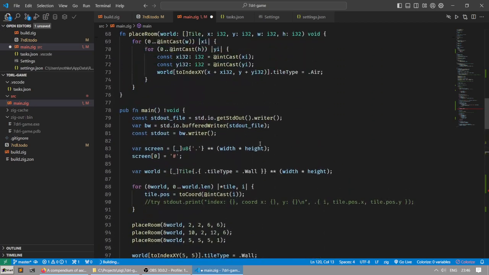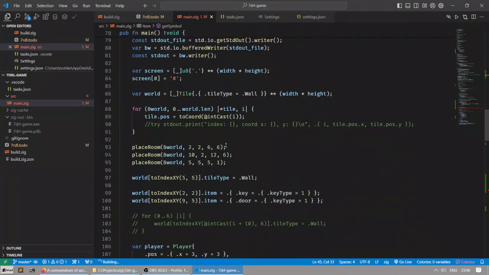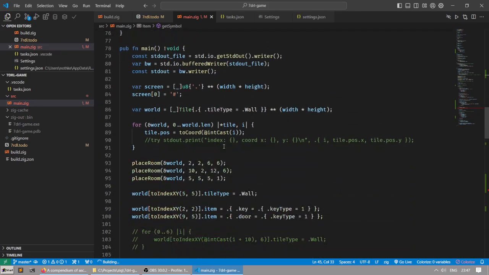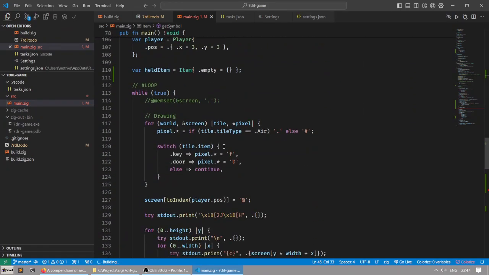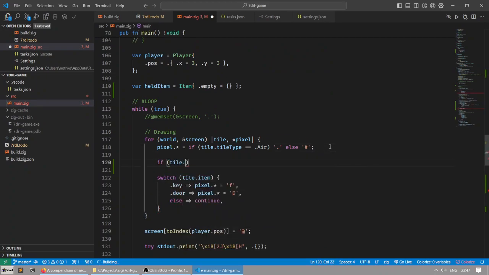Oh, and I think here, well, we can't return an else, but we can return an unreachable. So in this case, we need to make sure that item exists. If tile item is not empty,